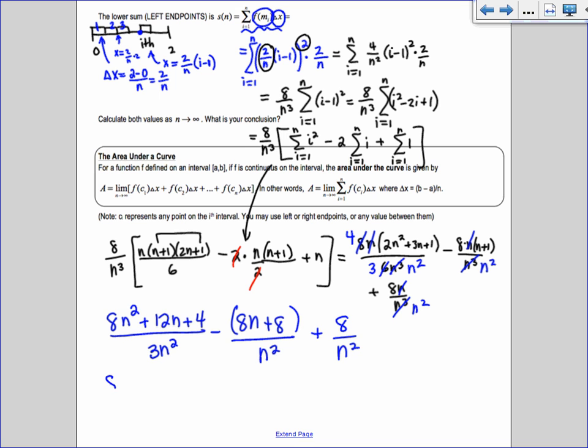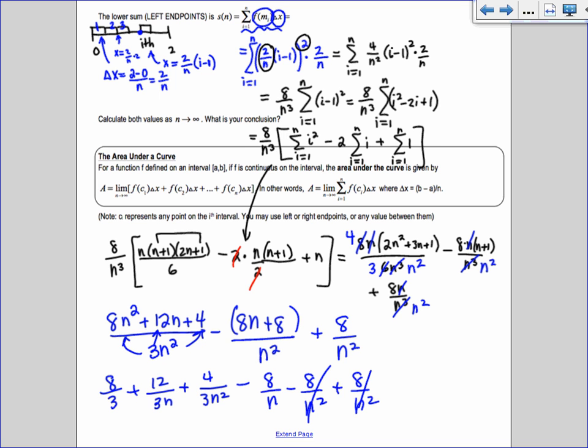All right, so I have 8. I'm going to bring this 3n squared into each piece. So I'm going to have 8 over 3 plus 12 over 3n plus 4 over 3n squared. I guess that could be 4 over n right there, right? Instead of 12 over 3. That's fine. All right, minus 8 over n minus 8 over n squared plus 8 over n squared. And things will reduce out. Like I said, you can get a 4 here and a 1. But what we're really worried about is at the very end, what do